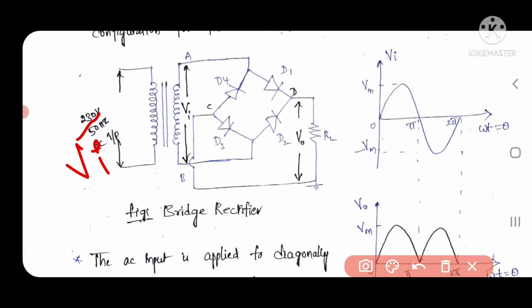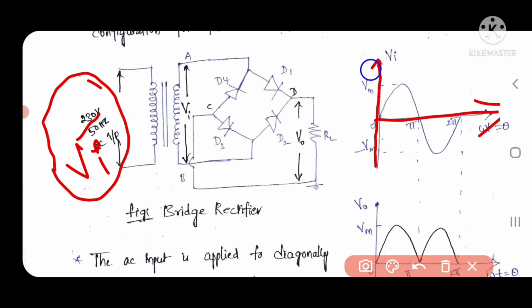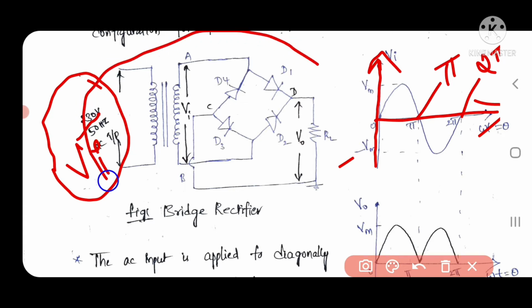If you observe this, this 230 volt is applied as the input to the primary winding of the transformer. The transformer converts that input voltage to another format, in terms of a magnitude of Vm or minus Vm. It is also the input voltage waveform, appearing like this. The input goes from Vm to minus Vm, 0 to pi and 0 to 2 pi. These are the positive half cycle and negative half cycle. It is called a bridge rectifier because this circuit is connected in the form of a bridge-like structure.